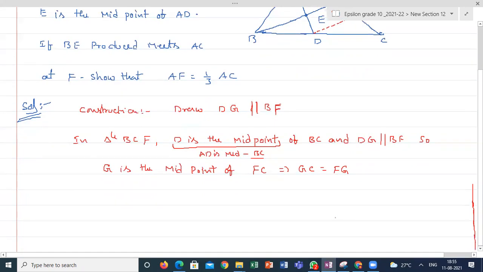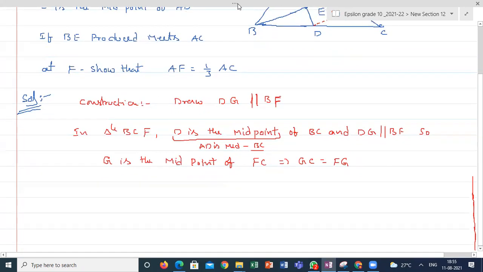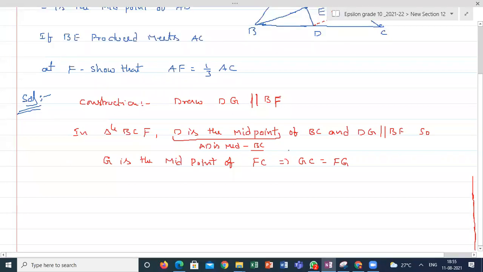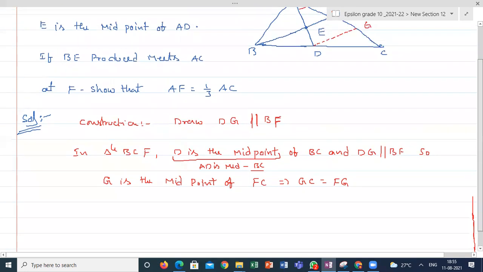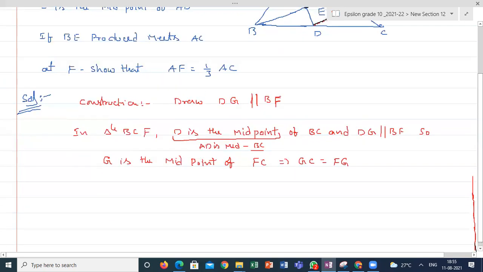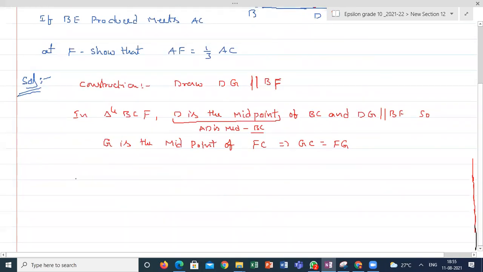What is my second point I'm writing? Which triangle I'm taking to write the second point? In triangle ADZ, see here, ADZ triangle I'm taking. So I can apply the basic proportionality theorem anywhere. This is parallel to this. In triangle ADZ, if I am applying the basic proportionality theorem, so in triangle ADZ, due to my